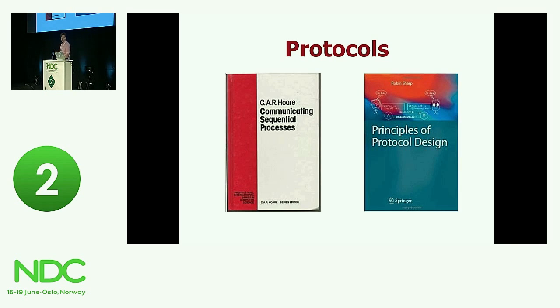And then, I wouldn't say filthy rich, but it felt like that when I had to have this book at university. It costs $120. And that's US dollars, so it's the bad ones. It was really expensive, and of course, you get that kind of book because Robin Sharp that wrote it was the teacher of this particular class, and that's how they make money. They write a book, and then they get Springer to put it out there. But I hung on to it afterwards, because it's golden. It uses CSP to explain how you go about solving protocol problems. It's just amazing. So I would recommend you start with CSP, spend the $120 on Principles of Protocol Design,